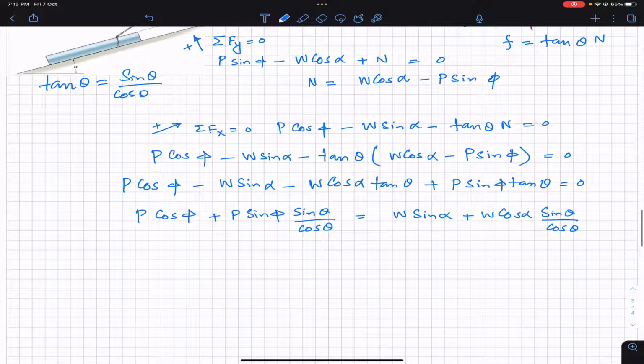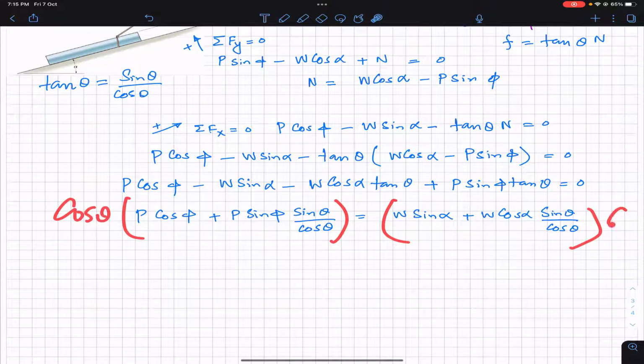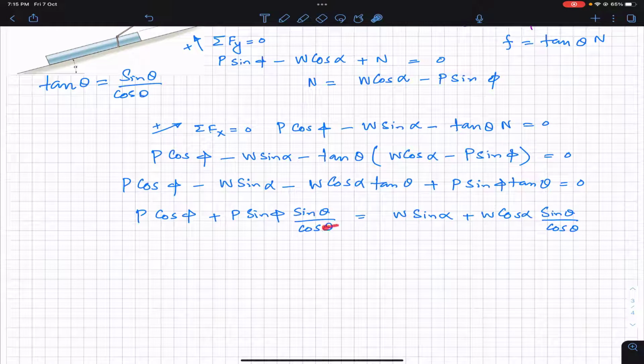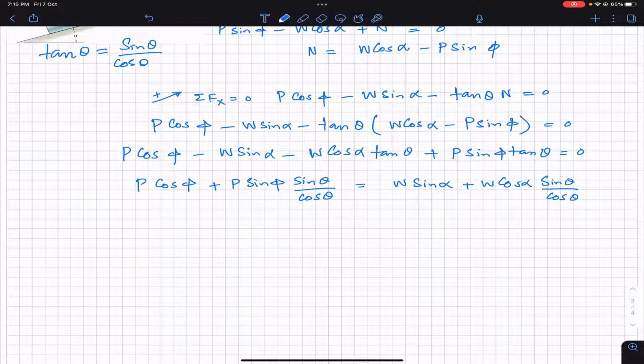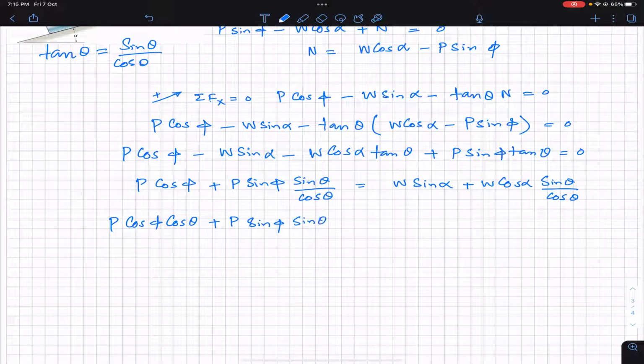And now let me multiply both sides of the equation with cos θ, so we will cancel out this cos θ. If I multiply the left hand side with cos θ, we will have P cos φ cos θ plus P sin φ, and multiplying cos θ with this term, cos θ will cancel out, so we will be left with P sin φ sin θ. And from both of these terms we can take this P as common, so we can write this like this,